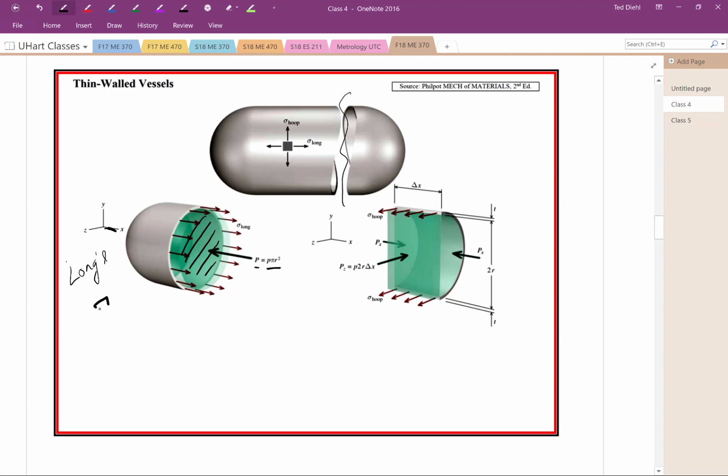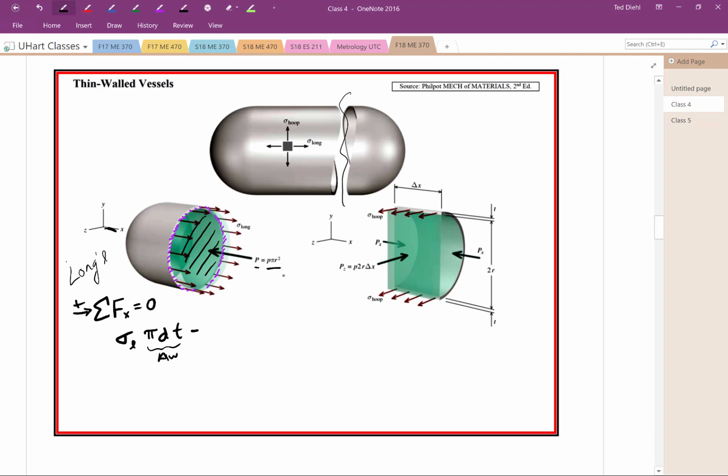Let's say that we did the sum of the forces in the X direction. It's going to be static. It's not going to be moving, so they equal 0 right here, right? In the positive direction, we're going to have this longitudinal stress, and it's going to be multiplied by this cross-sectional area right here, right? So there's a stress that's acting on this relatively thin little piece, but it's got this cross-sectional area to it. We know that's going to be the area of the wall, which we could find as the circumference times the thickness. The circumference is going to be pi d, and the thickness is t, right? So this right here is the area through the wall,